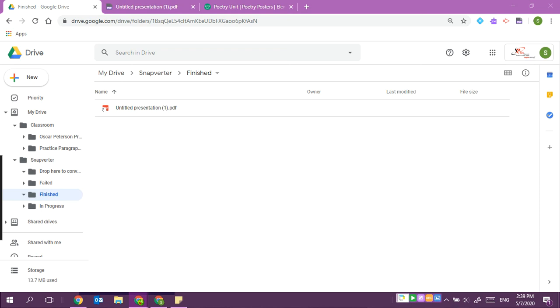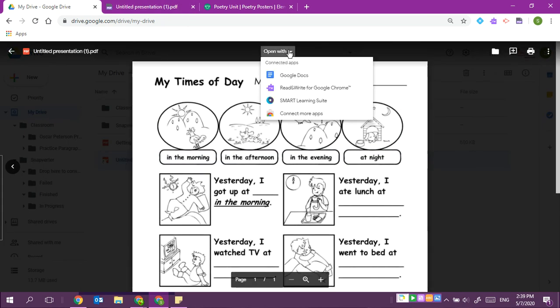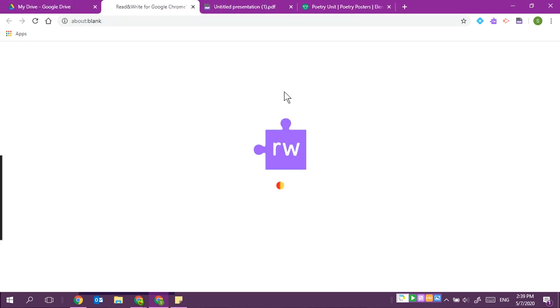Okay, so we've waited for it to be put in the finished folder. So now we have it in the finished folder. And once it's done in the finished folder, you don't have to leave it here. You can put it wherever you want. So I'm going to put it back into my drive. And I'm going to see it here. And now when I go to open this document, and I go to Open with Read and Write for Google Chrome,